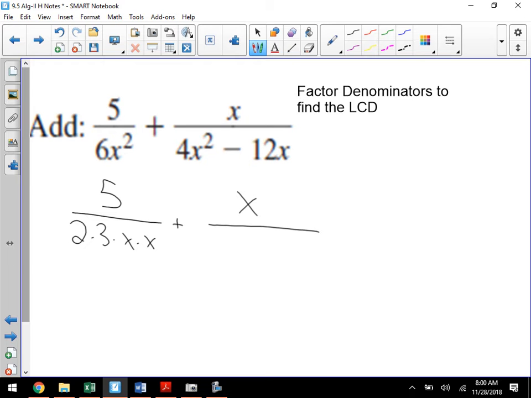Before I go too far off the other one, I'm going to factor out the 4x, and I'm going to get x minus 3. Are you okay with that? Now, what can I do with that 4 to break it into primes? 2 and 2. So I'm just going to go back and rewrite that as